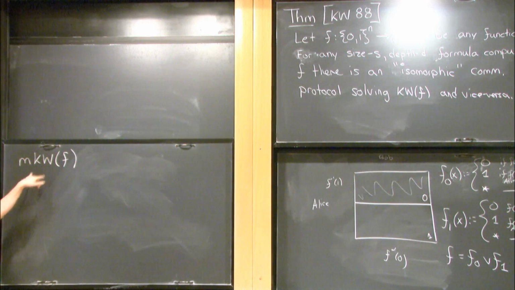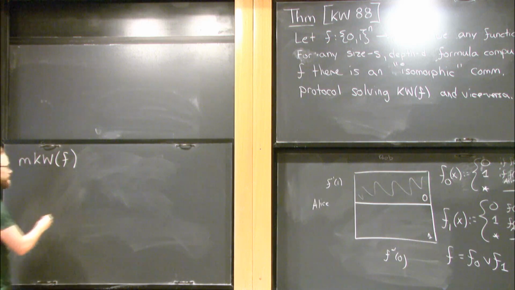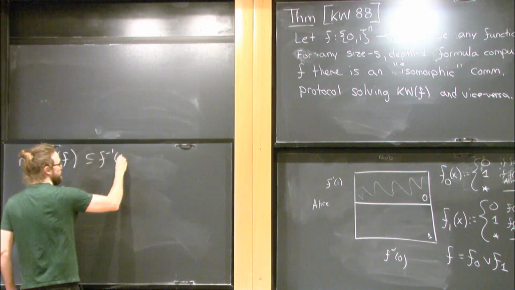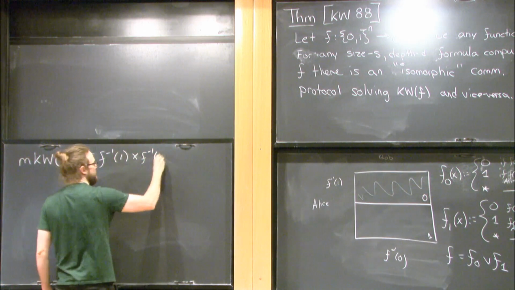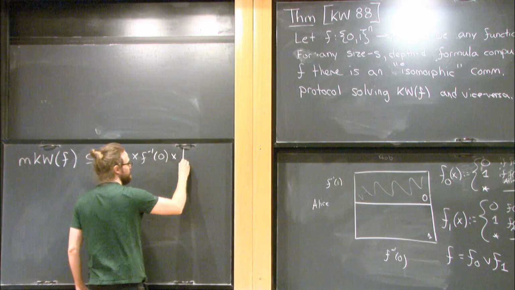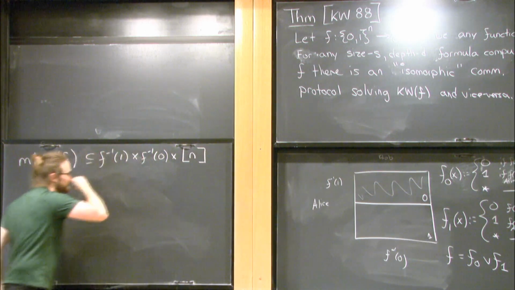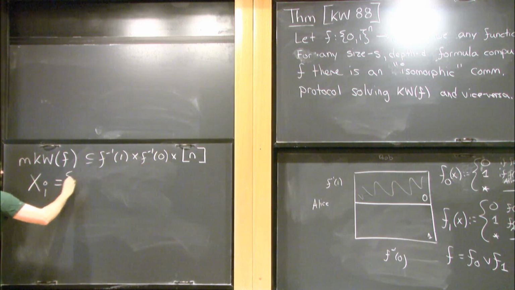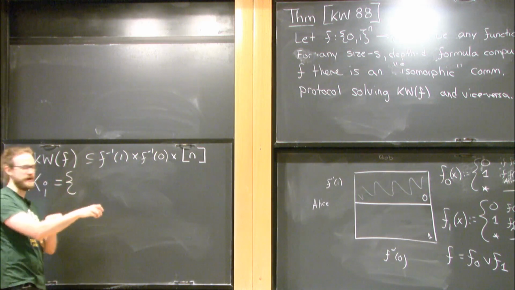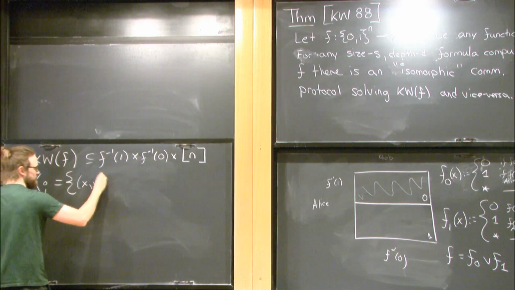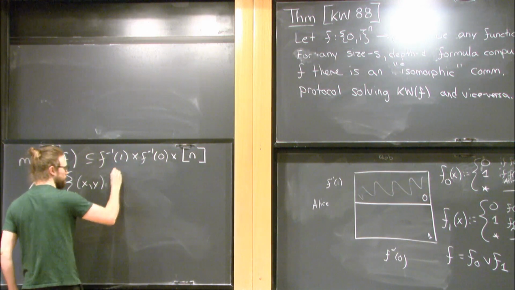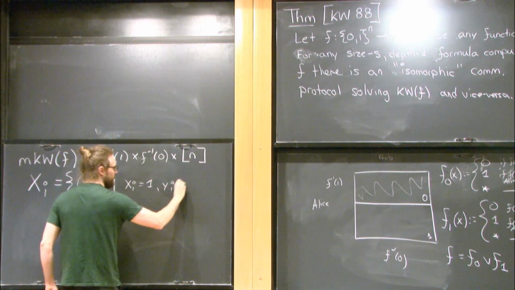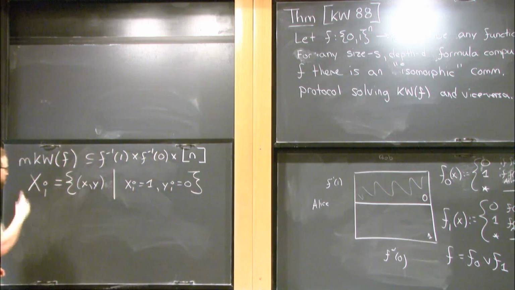So I'm going to define MKWF to be the monotone Karchmer-Wigderson game. It'll again be a search problem or a rectangle cover for our purposes. Now we just have the rectangles which separate things in the positive way. So it's going to be all pairs x and y such that x_i is 1 and y_i is 0.